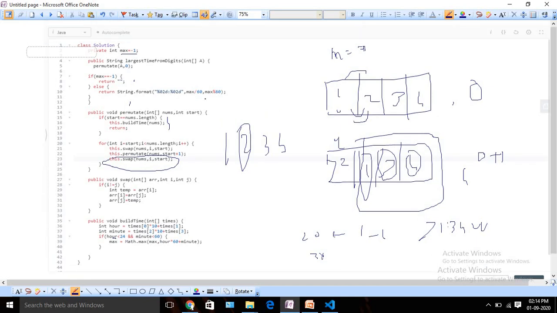So what is the time complexity here? Suppose my input is fixed, it's always 4. So we can solve this problem in order of one time, because whatever the input value, at worst case it will run this amount of logic only, with nothing extra. So it's order of 1. In case of space complexity, we are not using any additional space that depends on input, so the space complexity will also be order of 1.